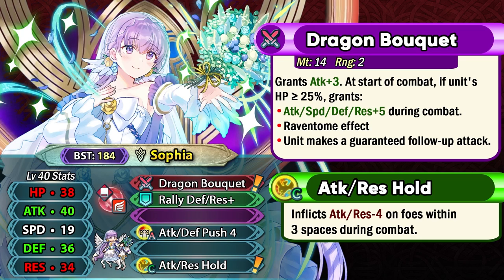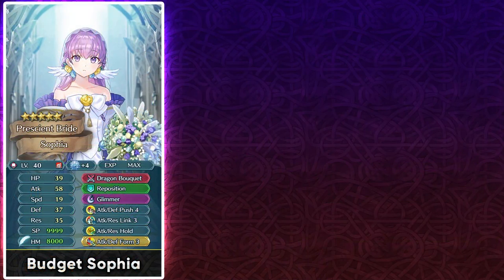So it could be used in arena for the extra scoring or for just having more range on your range skill. But now that we have Attack Res Oath 4 from Arvel, that can also be run on Sophia. So she doesn't really have too much of a comparison because no other flying red mage has this much defense. So if you want to run her on a budget, then you can simply give her the link skill and